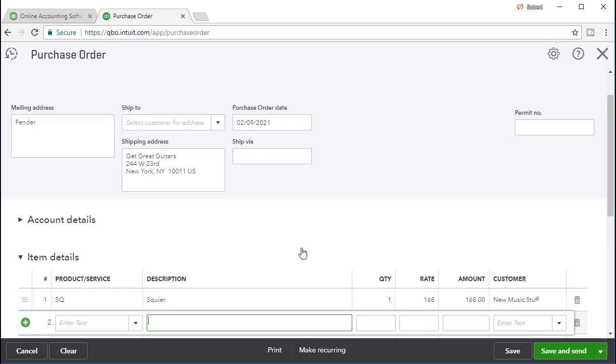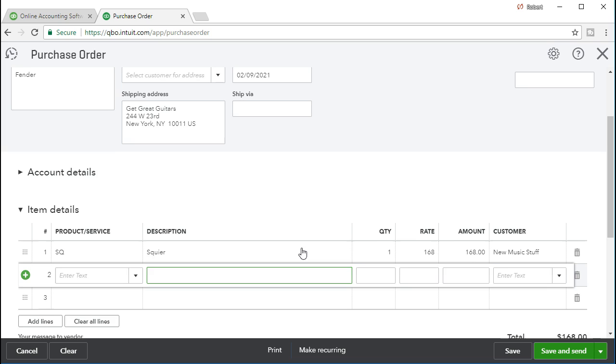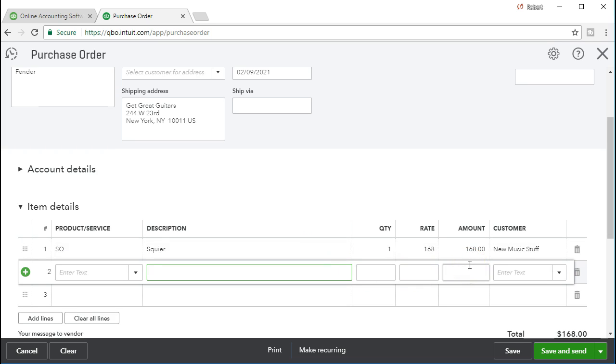So remember what this is going to do in terms of journal entries. Nothing. It's not going to record anything, although we have an amount here. It's not going to increase inventory. It's not going to increase a payable. It's not going to record the fact that we made a payment. We haven't made a payment. We don't have any inventory yet. And we don't owe the inventory because we haven't received it yet and therefore are not yet obligated to pay